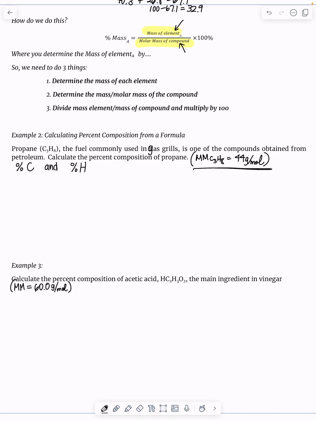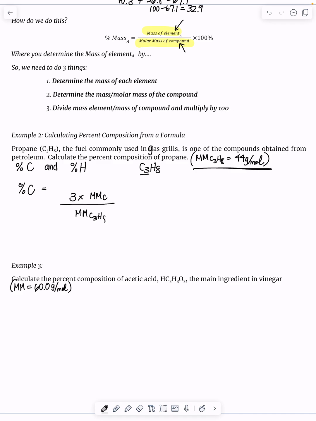Well, I kind of already did a little cheating here, and I'm going to let you know that I know that the molar mass of C3H8, because I did the math, is 44. Let's do percentage of carbon. Well, in propane, C3H8, there are 3 carbons. So the percentage of carbon, I need 3 times the molar mass of carbon divided by the molar mass of